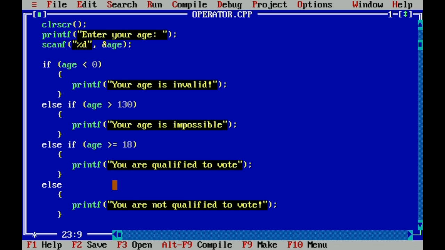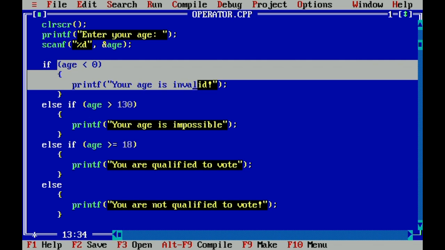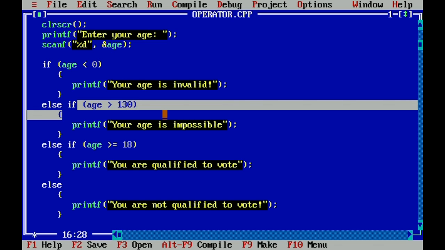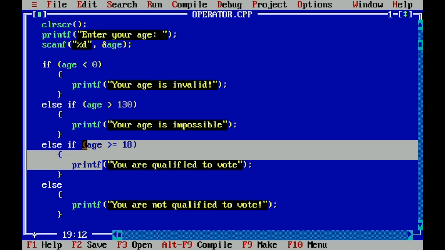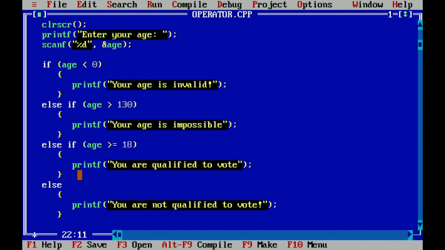You can omit the last condition because we know logically if it doesn't belong to the negative values, and it's not greater than 130, or the values in between 130 and 18, therefore you will be referring to the ages from 0 up to 17. So you no longer need the last condition. Okay, so it's all up to you for what will be your conditions that you're going to create.